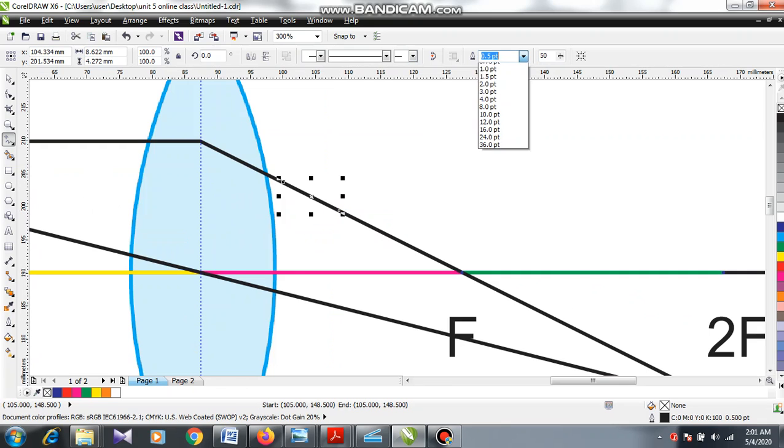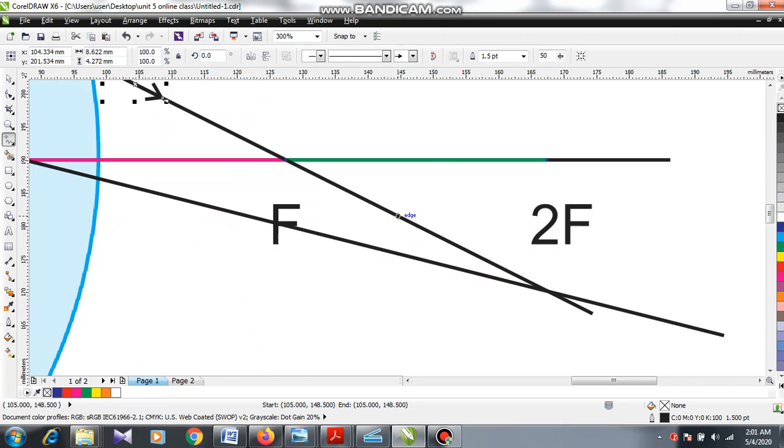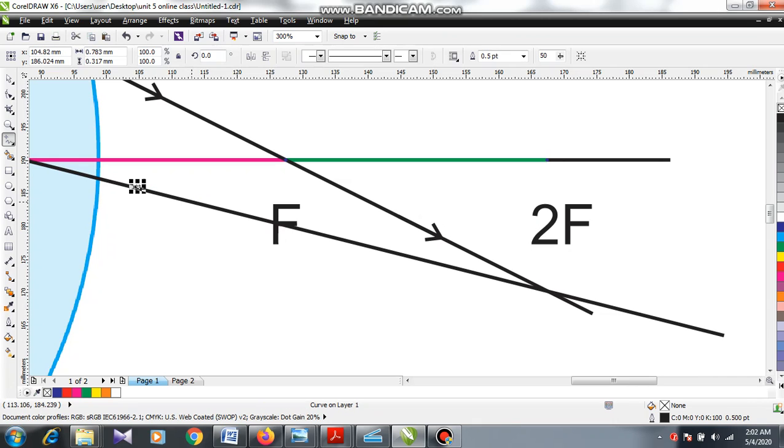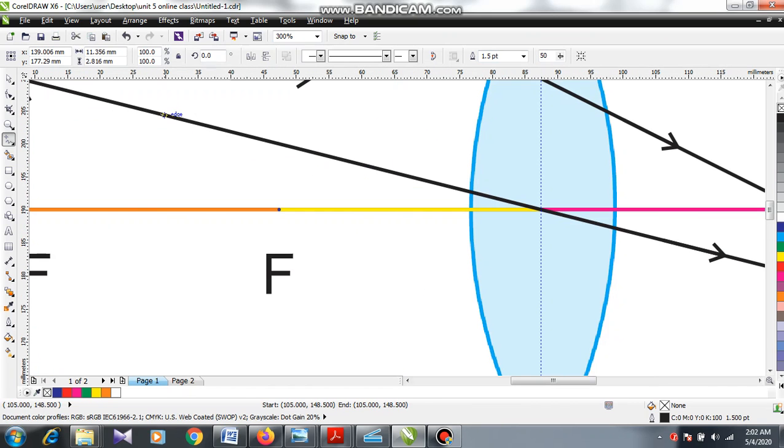Here is the arrowhead. And now the arrowheads are ready.